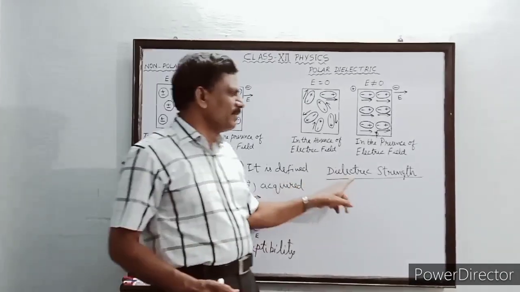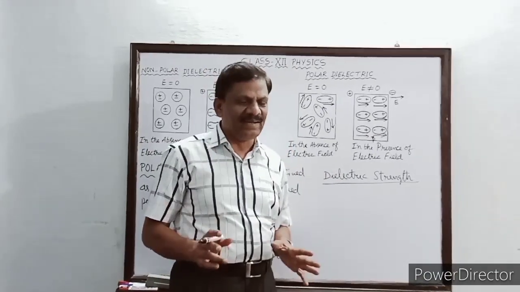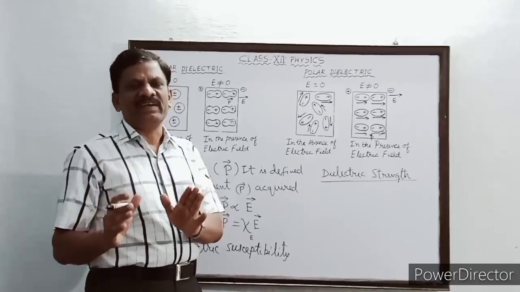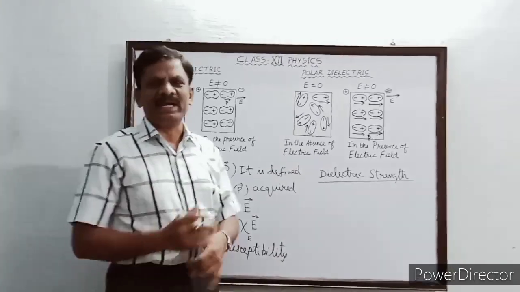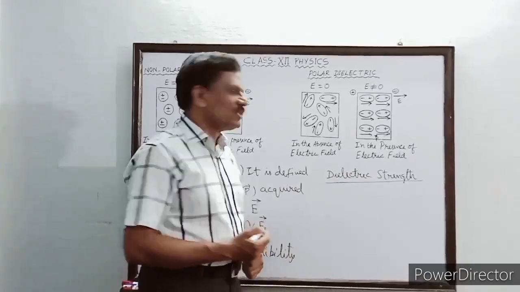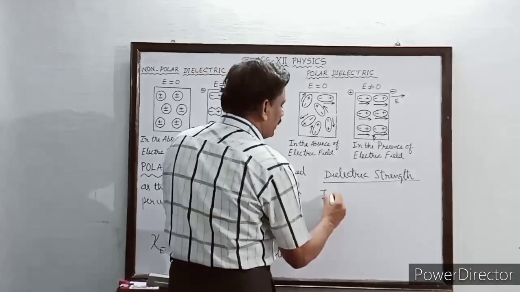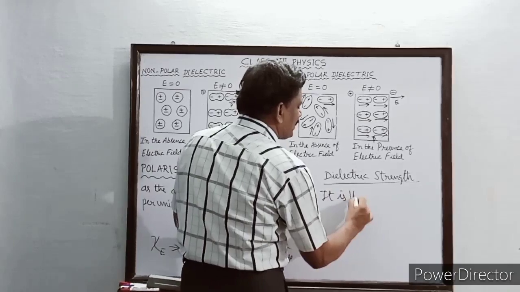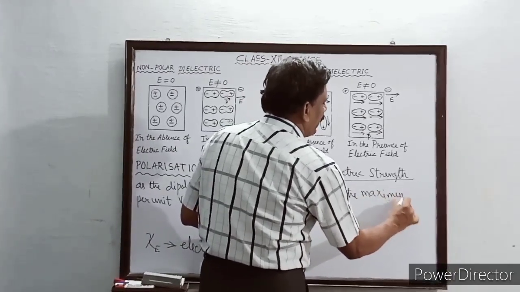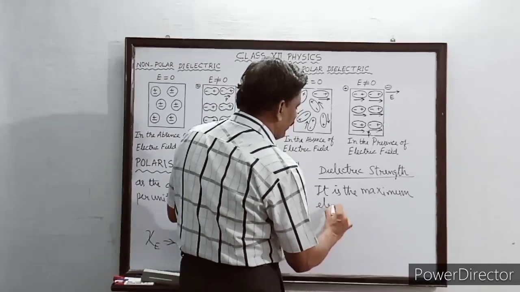This maximum electric field, up to which we can increase the electric field so that dielectric breakdown does not happen, is called the dielectric strength. So how to define dielectric strength? It is the maximum electric field